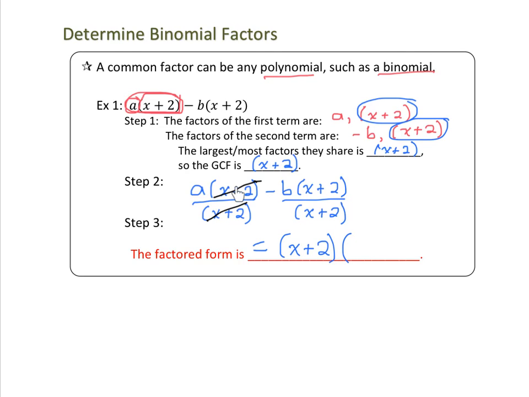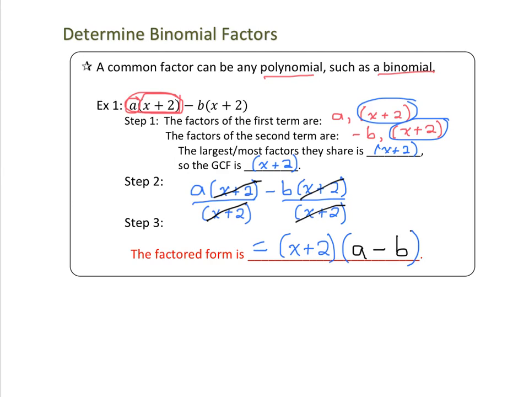So in the first term, the x plus 2's canceled out to 1, so we're left with just a. And in the second factor, again, the x plus 2's divided by x plus 2 just equals 1, so we're left with minus b in the second factor. If you wanted to check your answer, you can take your greatest common factor, x plus 2, and multiply it by each of the terms inside of the second set of brackets. X plus 2 times a can just be written as a times x plus 2. And x plus 2 times negative b can be written as minus b times x plus 2,